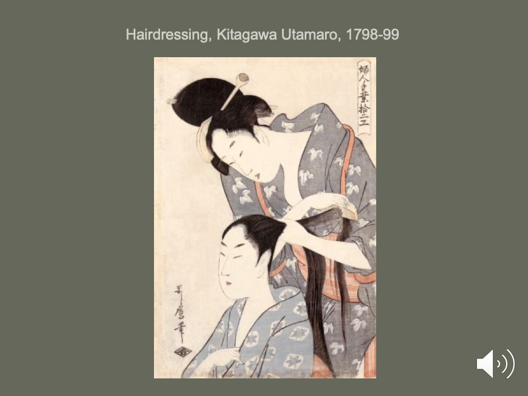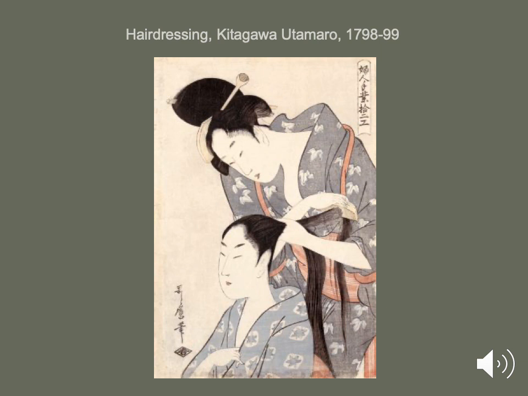We can look at a painting and it can have a subject matter, and if that subject matter is created in a different style, let's say by another artist, it can have a completely different meaning. So we're going to look at three pieces now that all have the same subject matter, that of women getting their hair done, but they're done in completely different styles by different people and in different time periods, and because of that they have different meanings.